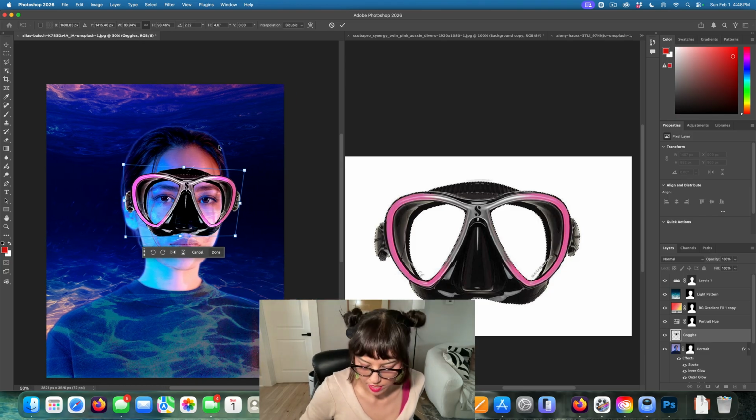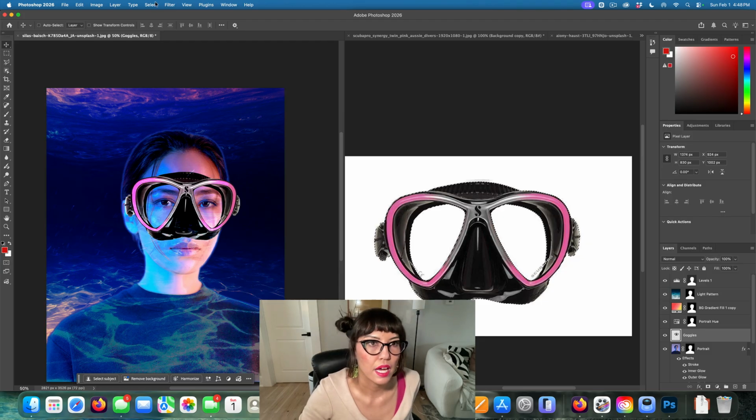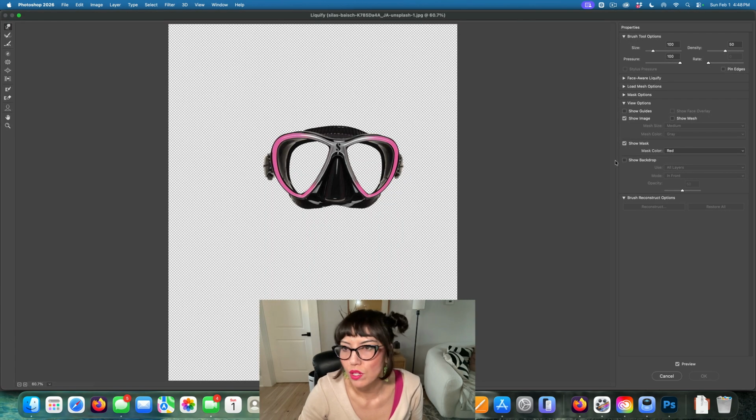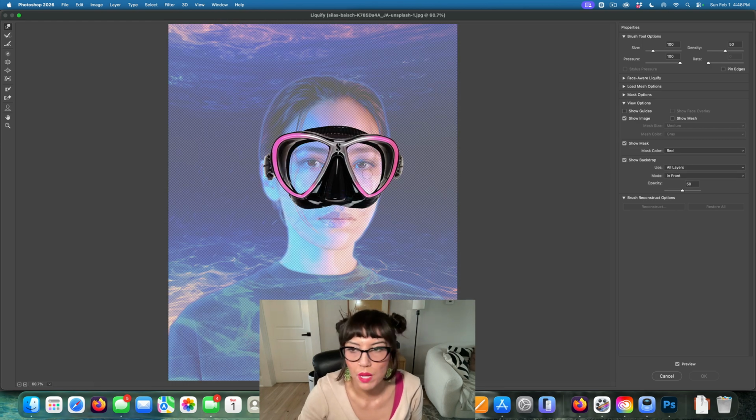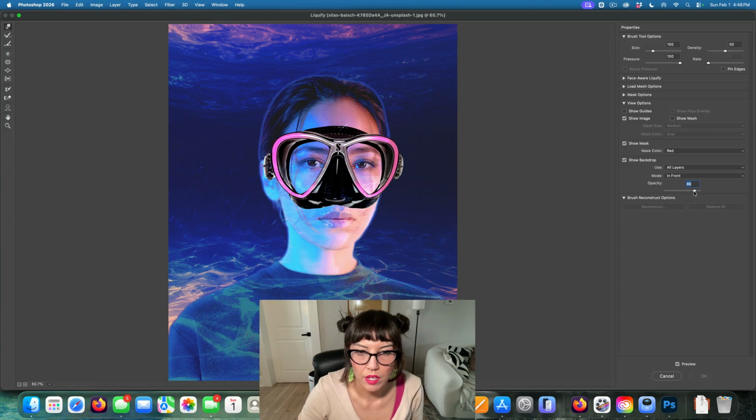So what do I do? I'm going to click return to select that, and then I'm going to go to filter, liquify. And this is a great tool for manipulation. So I made sure show backdrop is on, so you can either make it 100%. I like it showing a decent amount. So what I'm going to do is now I have these different brushes, and you can see this brush, forward warp, reconstruct, smooth, swirl, pucker. So if I were to show you, like pucker,